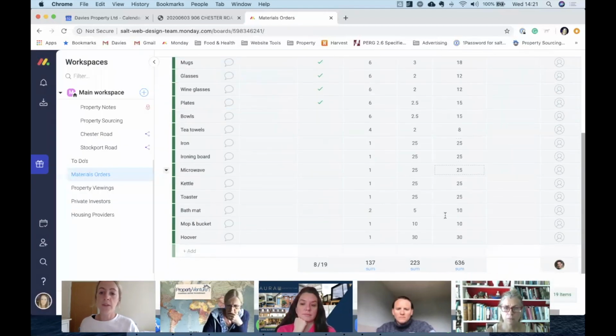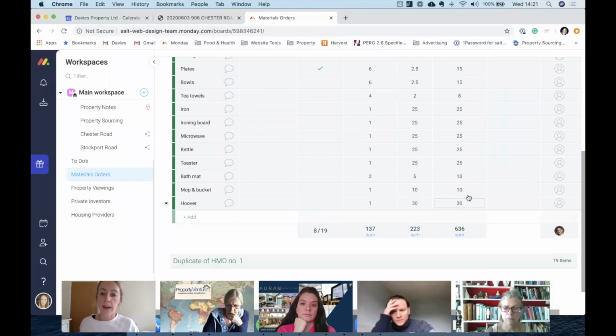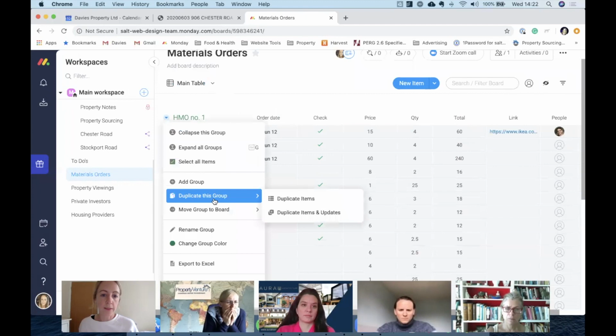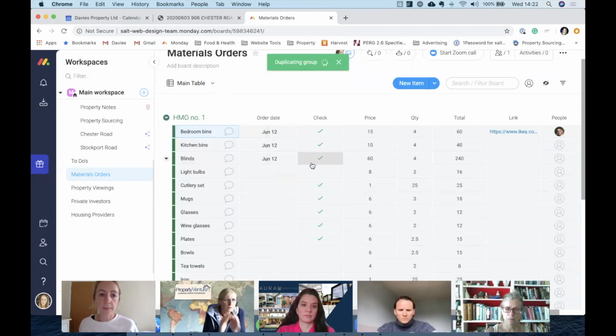And then it obviously also keeps a running total, which is great if you're doing refurbishment budgets or shopping lists. It just allows you to keep track of how much you're spending. And similarly, if you're doing multiple HMOs or multiple serviced accommodation units at one time, so you've got multiple shopping lists to do, rather than writing it all out, you can just click duplicate this group, duplicate items, and